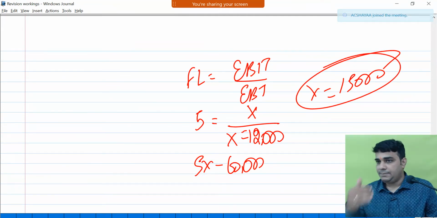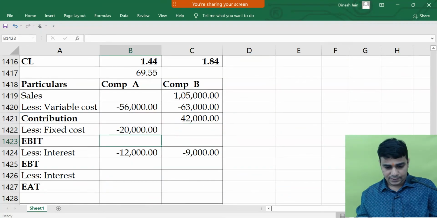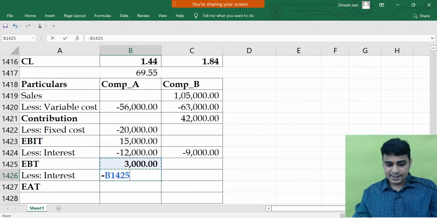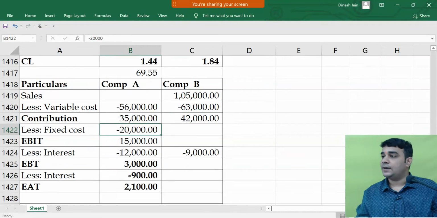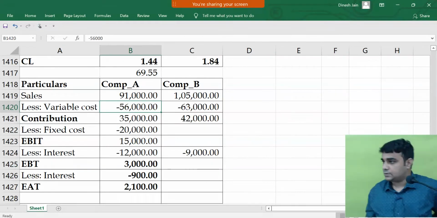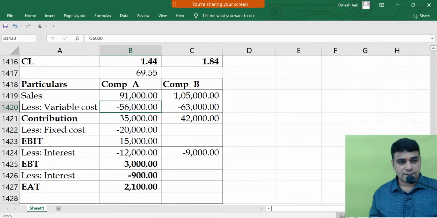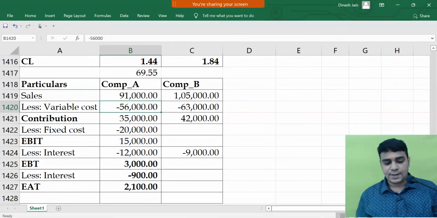So that gives me my EBIT number, and balance part will be a formality. More or less, I'll get to the balance part, which is, this is 15,000. EBT is 3,000. Tax rate is 30%. EAT is 2,100. Contribution is a balancing figure, which is 15 plus 20, 35,000, and my sales is reverse working. 35,000 plus 56, 91,000. So I got sales as 91, variable cost was given, contribution is 35,000, fixed cost we had calculated, EBIT is 15,000, interest is 12, and EBT. The other scenario they have given